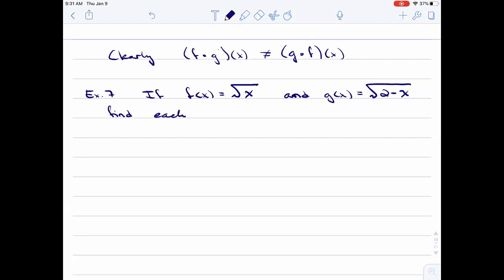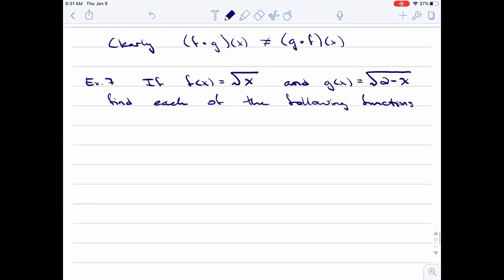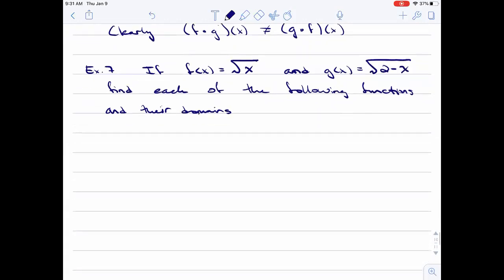Find each of the following functions and their domains. f composed with g of x, g composed with f of x,